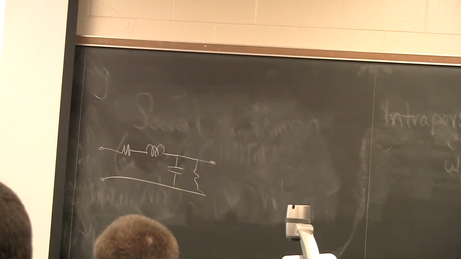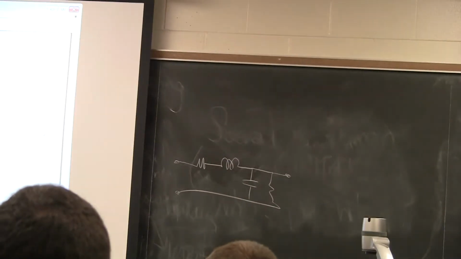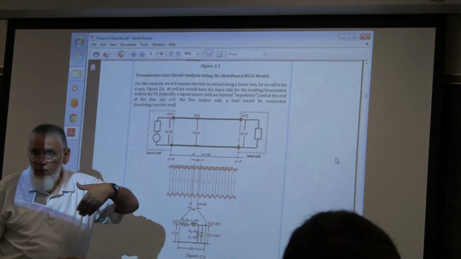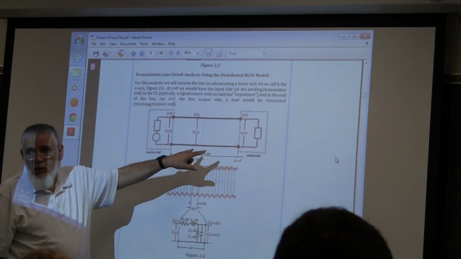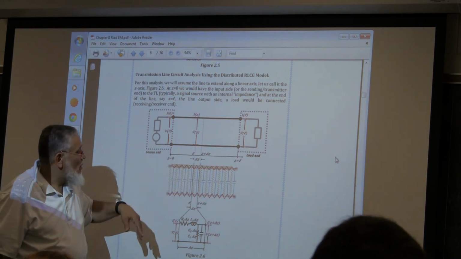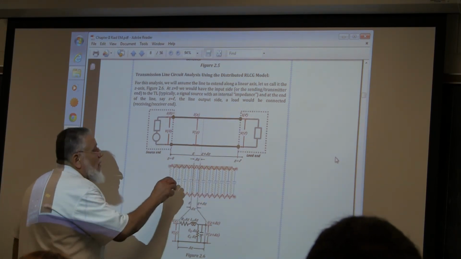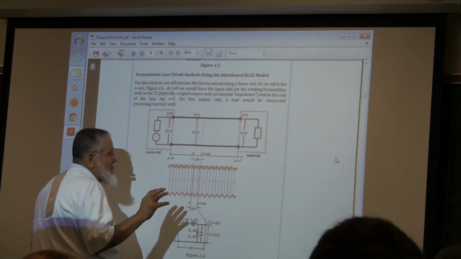At low frequency, we said that the size of the circuit is much too small compared to the wavelength. If this is centimeters and your wavelength is kilometers, you can do that. But if this is centimeters and your wavelength is millimeters, obviously you cannot do that. So you have to now work a distributed circuit analysis